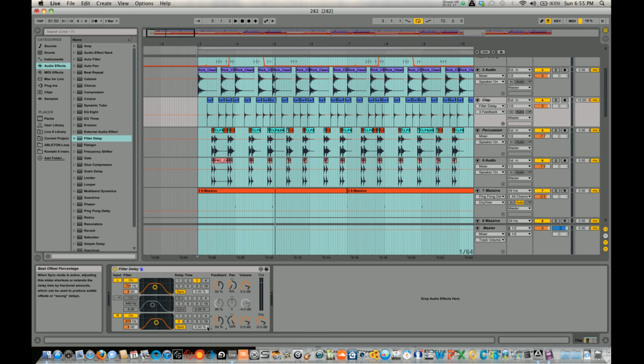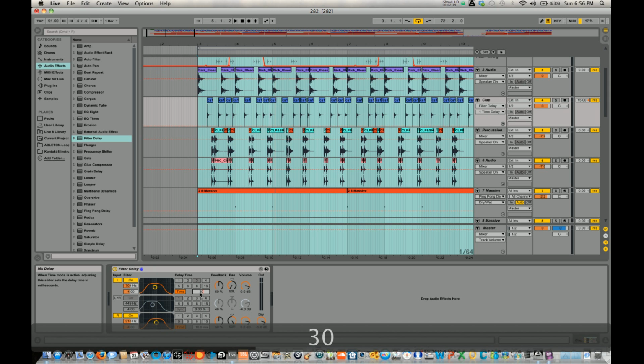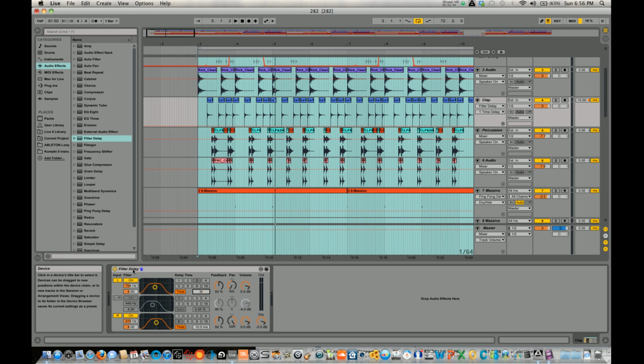Now, the magic behind this plugin is right here. As of right now, we have it synced to a delay time, the preset. We're going to unsync it. As soon as you unsync it, you see how it turns into milliseconds. We're going to do that for both. Now, they're both at 10 milliseconds. The trick is to make sure that they're not the same. Usually I go in and I put it at 30 milliseconds and 10 milliseconds. So that's pretty much the setup that we have for the filter delay to now give it a wide stereo